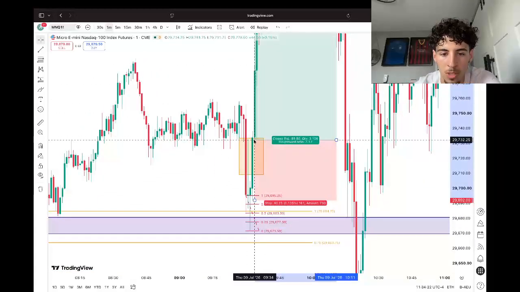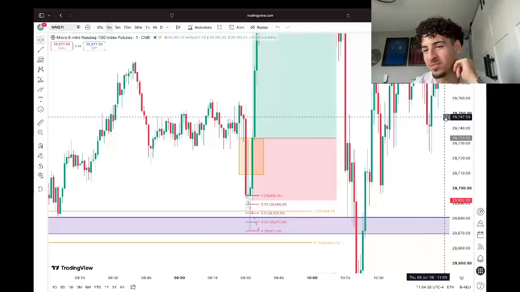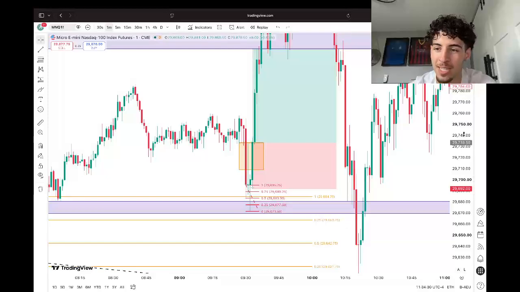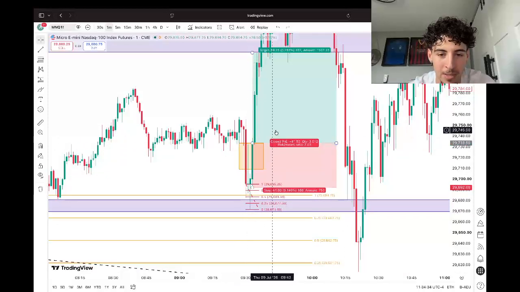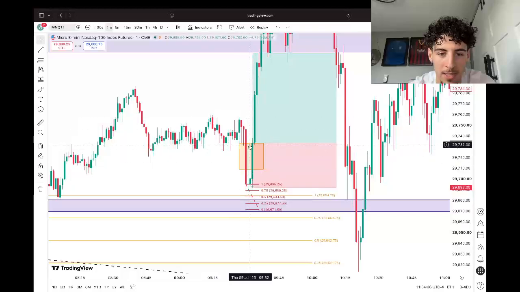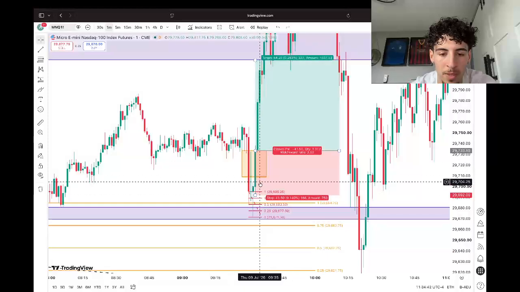And then this orange box here, I would show you guys, but I don't have the subscription. But this was a 30-second inversion. If you guys go on your chart there, you'll see it. This candle inversed that fair value gap in the 30-second time frame. After we had that inversion, I just entered the market, and then stop loss was below the low of this